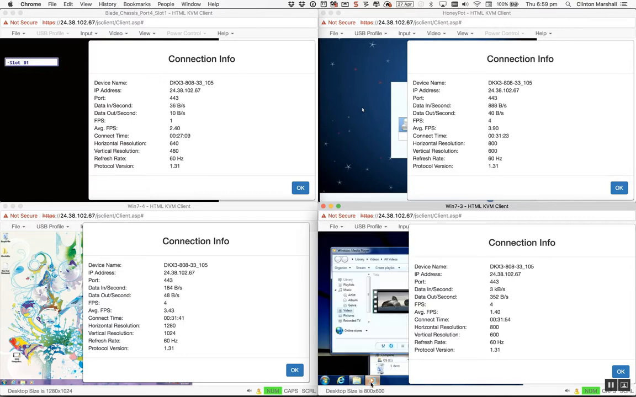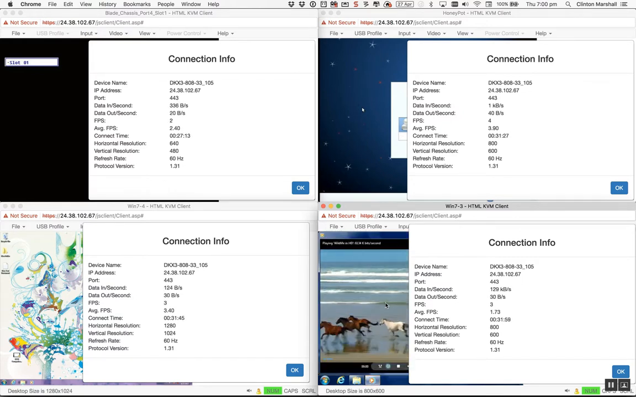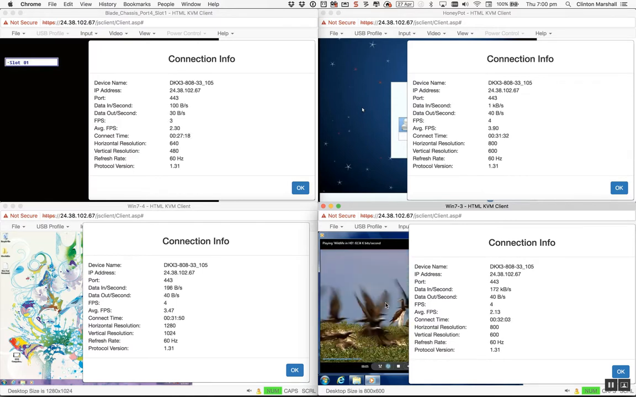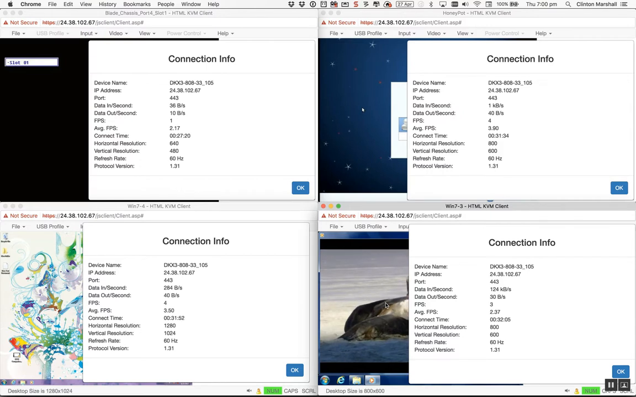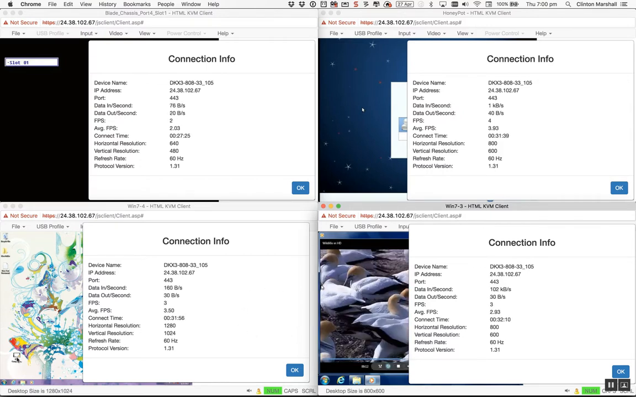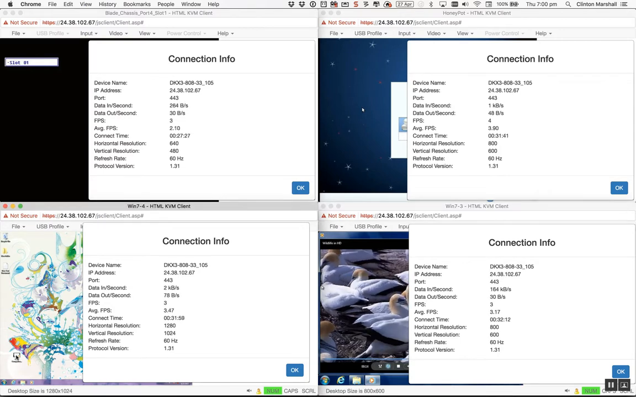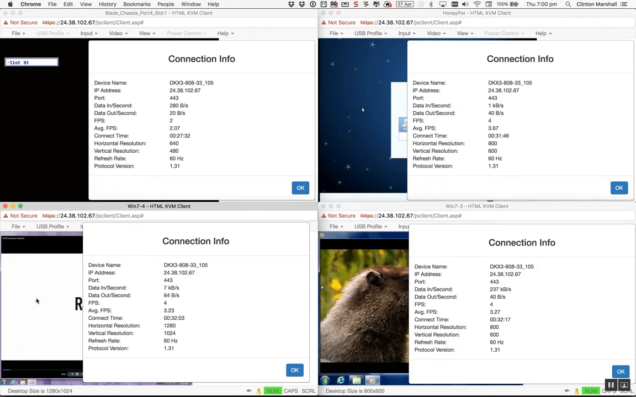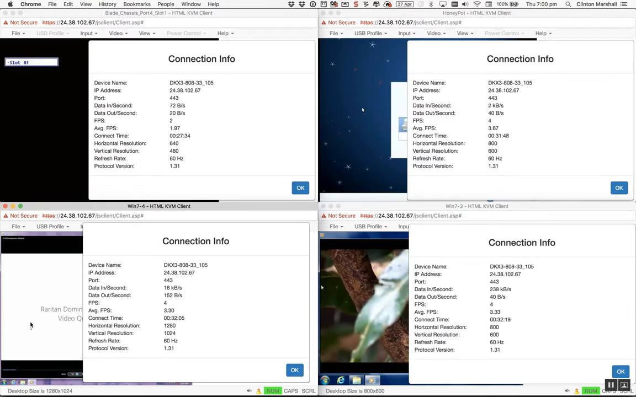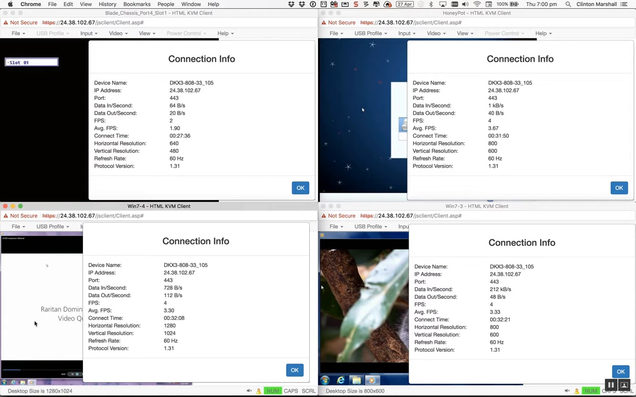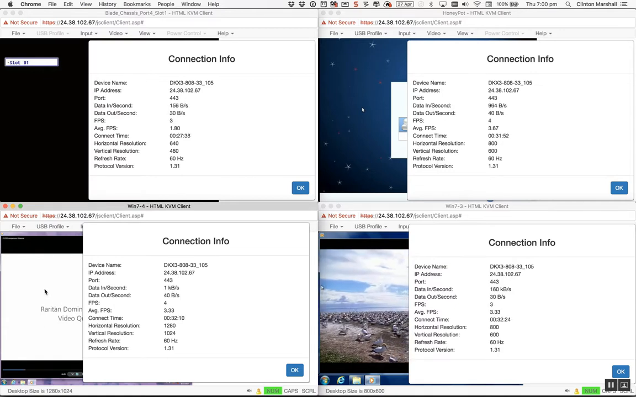I'm going to open up a video to show you what happens when you have a lot of activity happening on the screen, and you'll see that the data coming down is still not too much. I'll leave this one running in the background and open up this other screen, which has got another video running in the background full screen, and you'll see that the data coming down jumps around depending on how many pixels are actually being changed on the remote